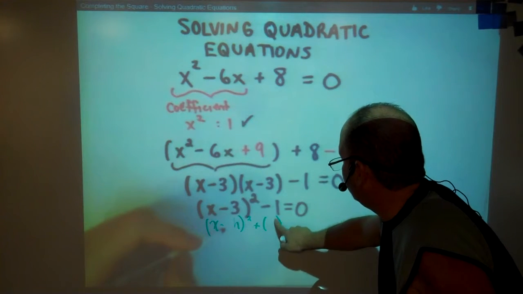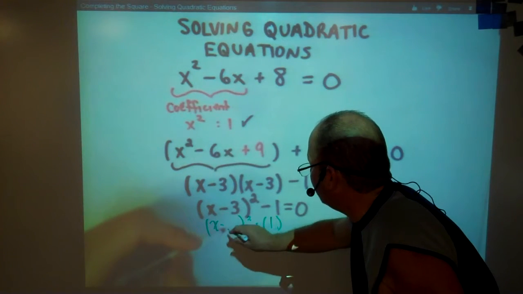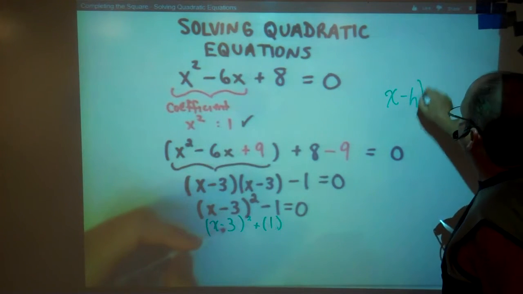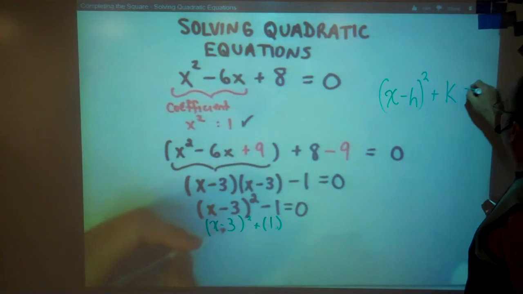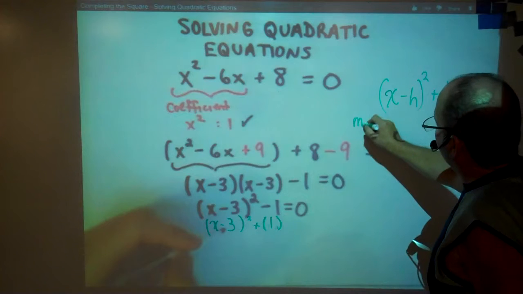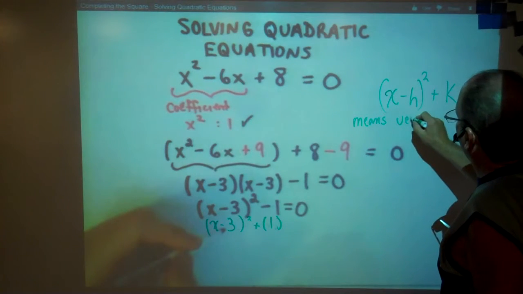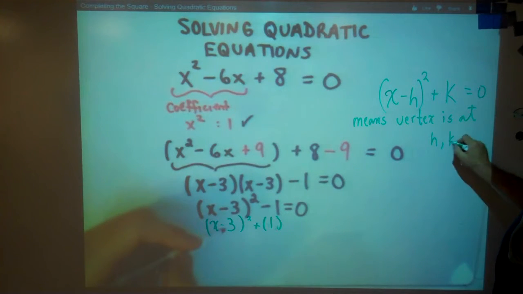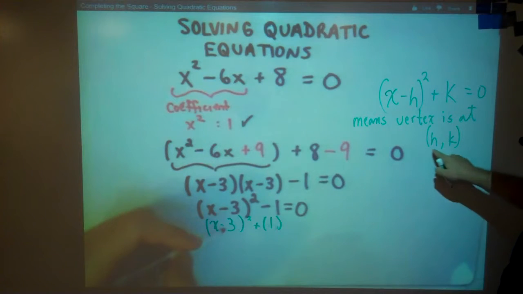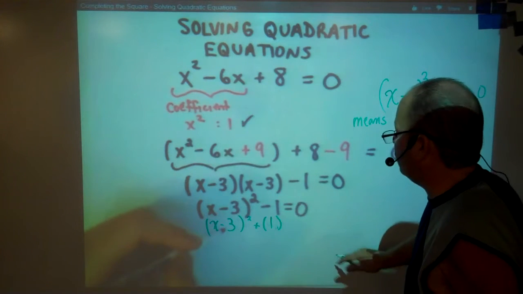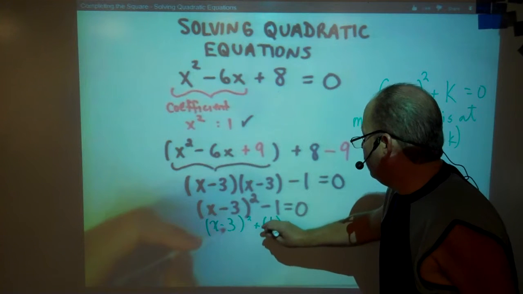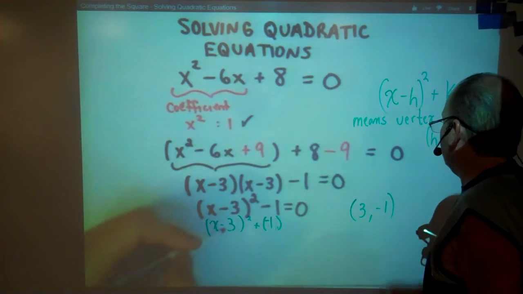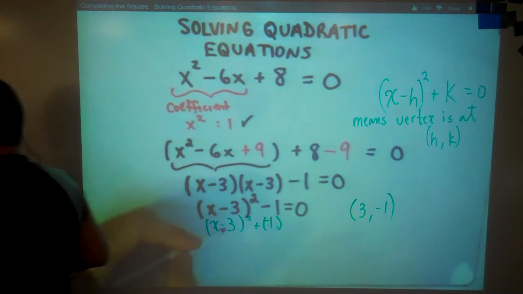Take out here the center, the vertex of our parabola. If you remember, x minus h squared plus k equals 0 means that the vertex is at h comma k. The vertex of our parabola. So here we can find our vertex is going to be at 3, negative 1. 3, negative 1. And so if we were graphing that,